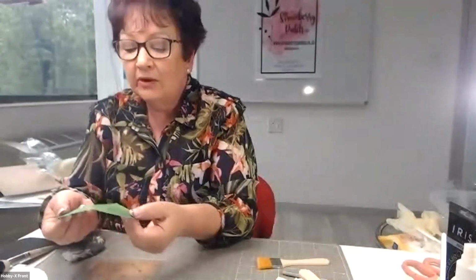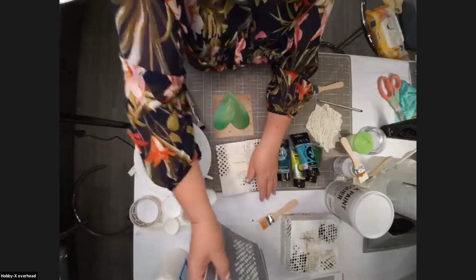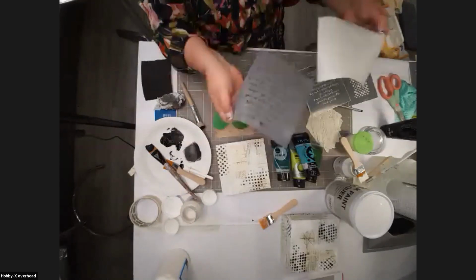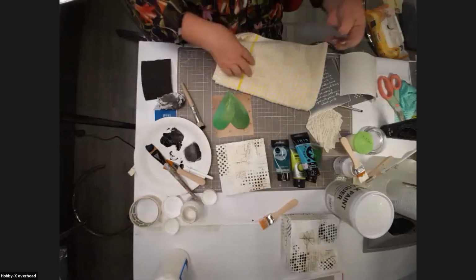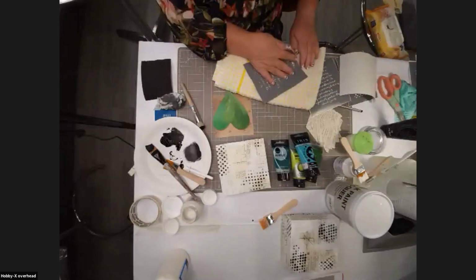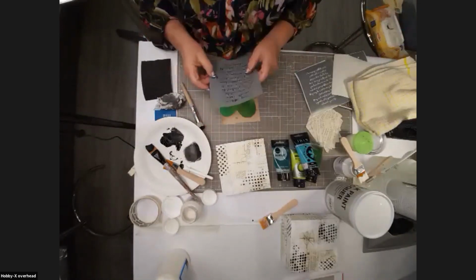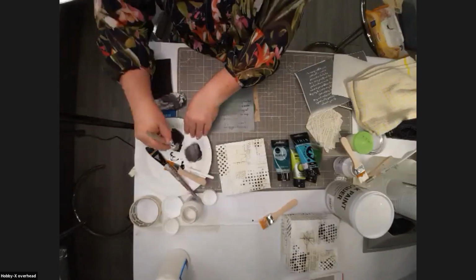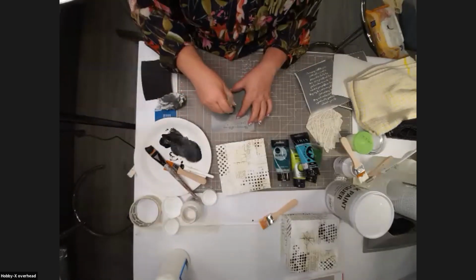Okay, there's our little heart. It looks very boring to me, so I'm going to do something to this heart. And I've got all these stencils, so why not use that? Again, it's very sticky, and it's a brand new stencil, so I'm going to lie it down here and get rid of a little bit of the stickiness. And then I'm going to give the heart a background of a little bit of this and a little bit of that. So again, we pick up our paint and dry it off a little bit and